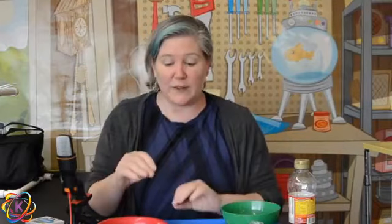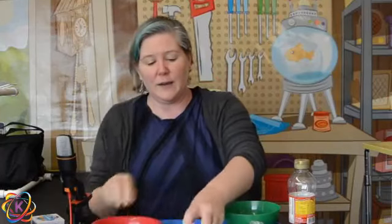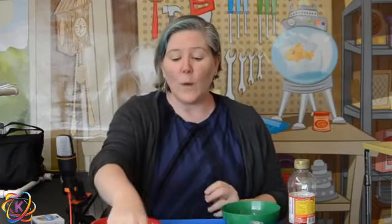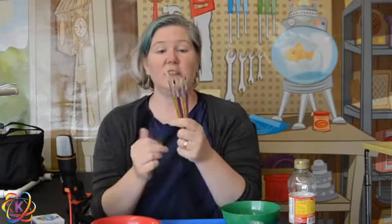The rest of it's pretty simple. You're going to use your toothpicks for your spaghetti. You're going to use your different marshmallows, and you're going to create a cute little minion, kind of like this guy. He's a little bear. He's super cute. When we paint, you're going to want to make sure that you're using paintbrushes that are really